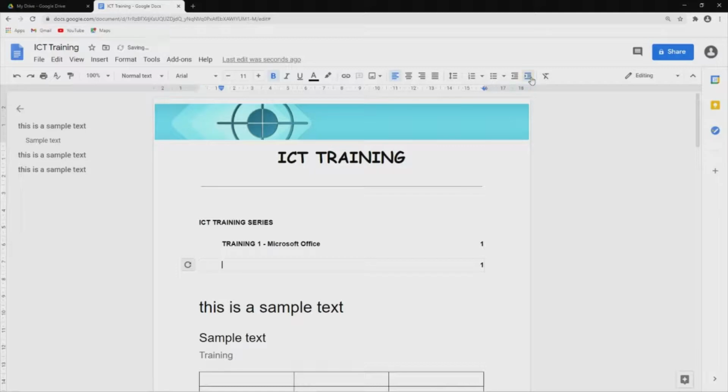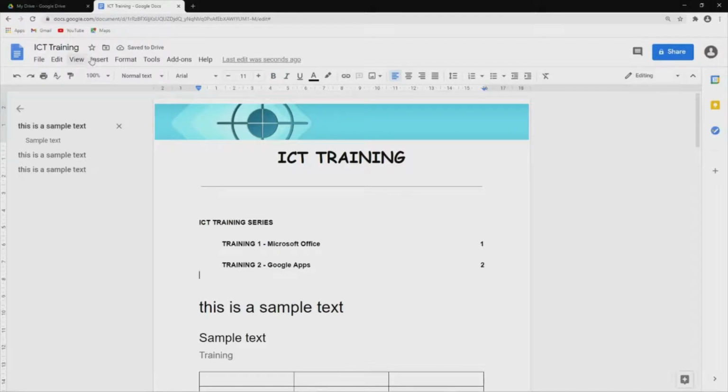And let's indent, say training 2, which is Google Apps, and let's change this one to 2,